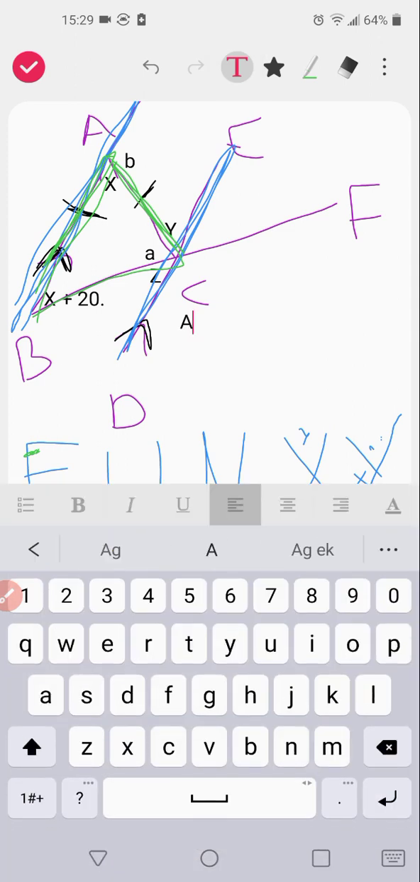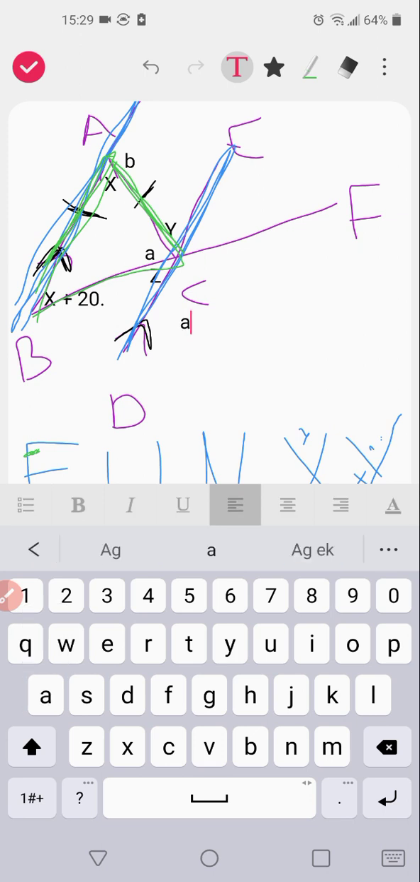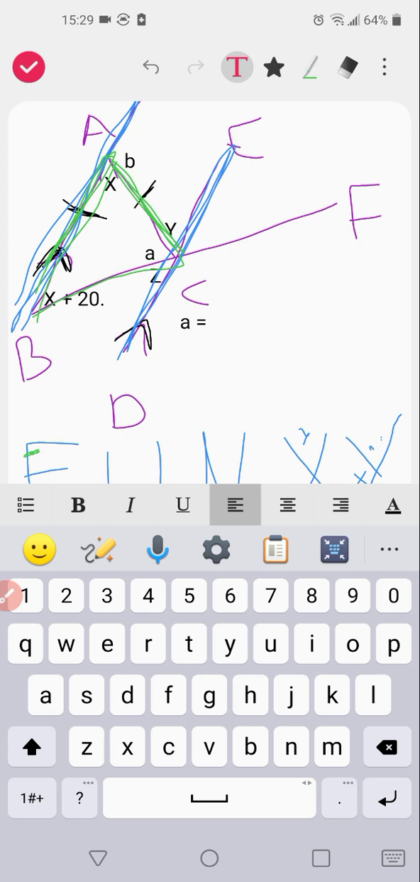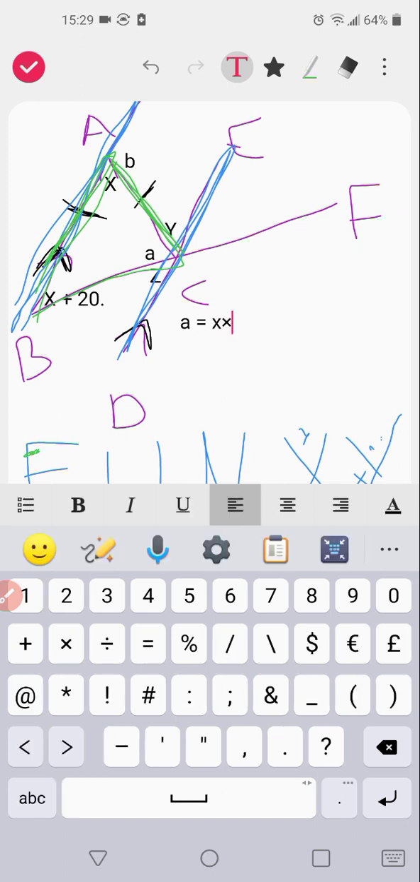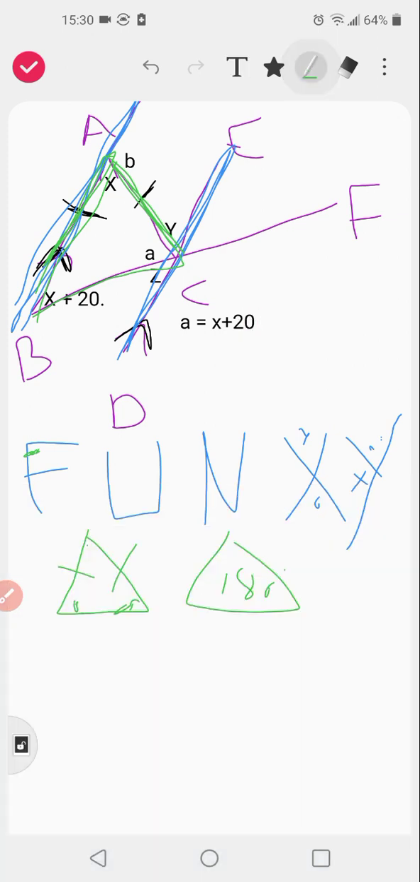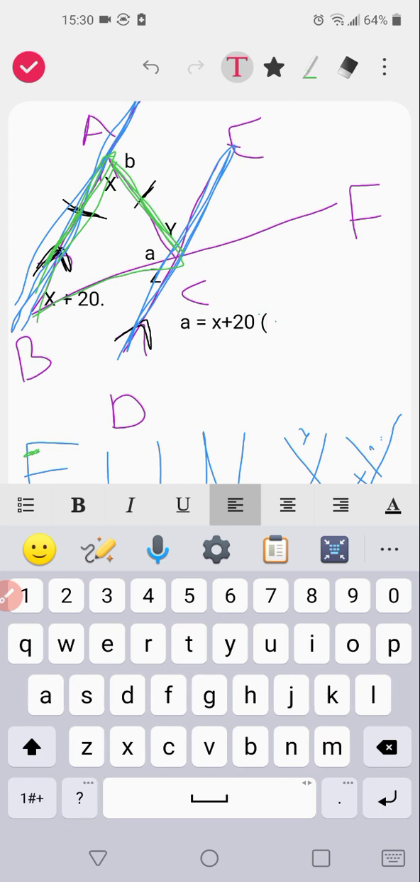So A, let me just get that small letter. A equals x plus 20. So basically this one here equals this one here. So the reason for that, because remember you have to write a reason, if you don't get the mark. So the reason for that is